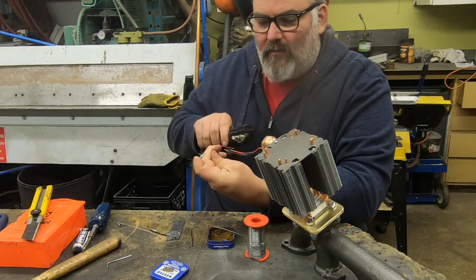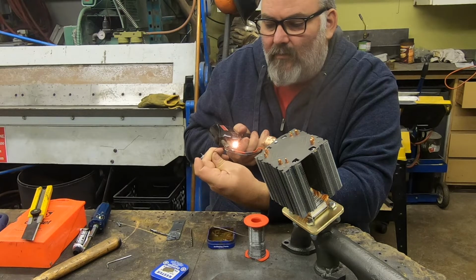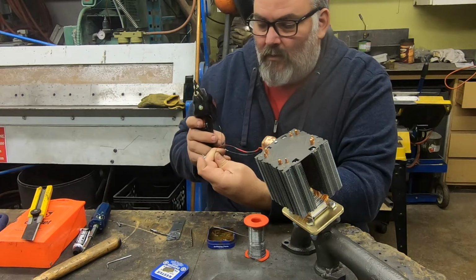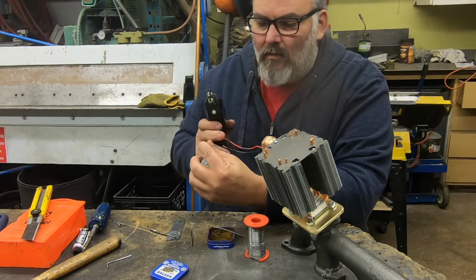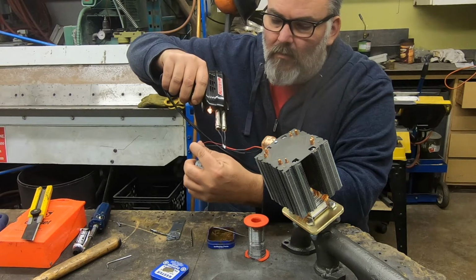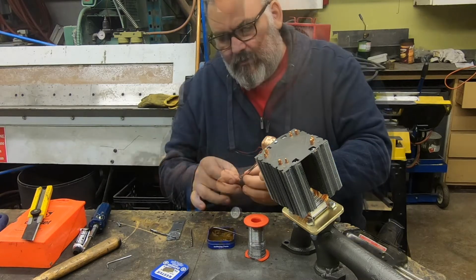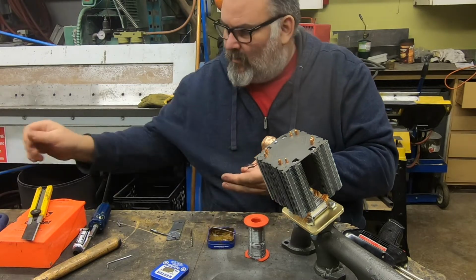Alright, and then, without burning yourself, solder them together. One done. Two done. Let me slide down the heat shrink over the joint